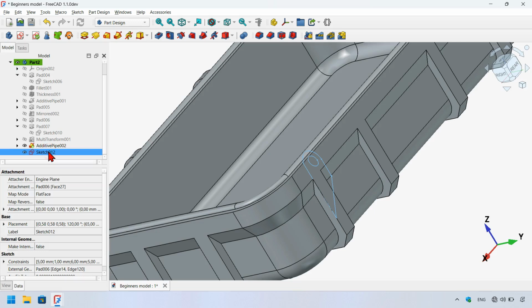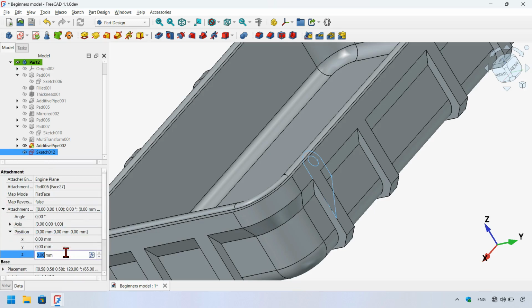So with this sketch selected, I go to attachment, position, and Z position, and I set 6 here. No, it should be a negative distance, and I have this. Now with this sketch selected, I will try to extrude this sketch. So I select the pad tool here